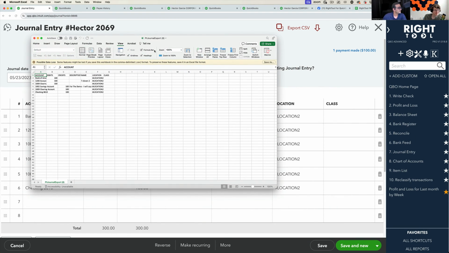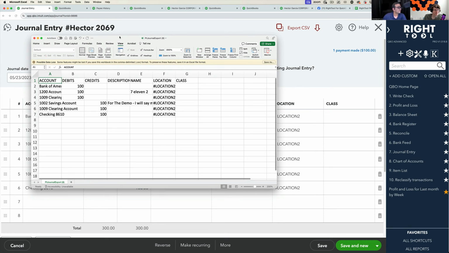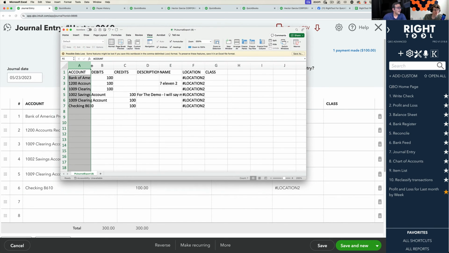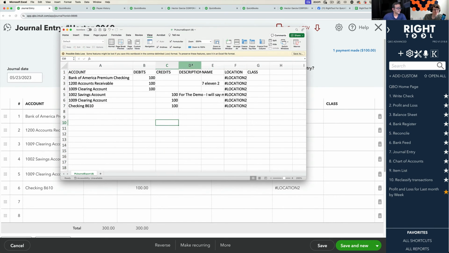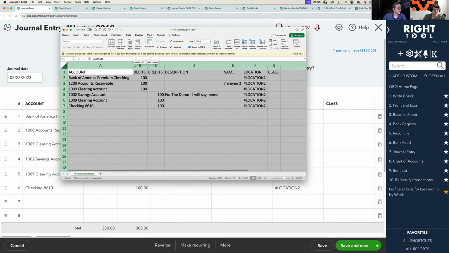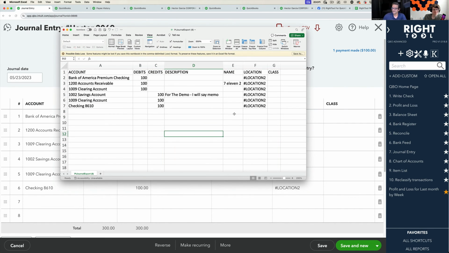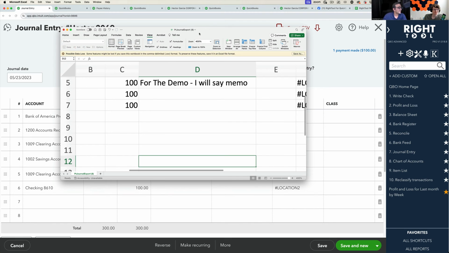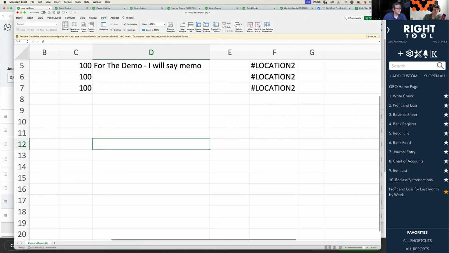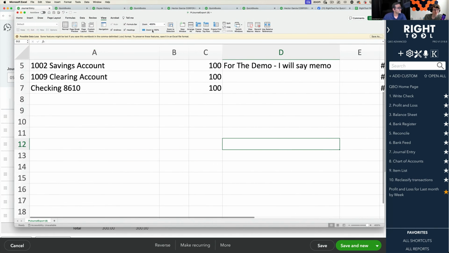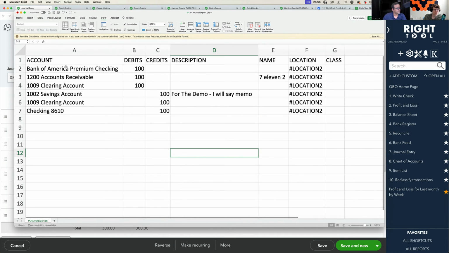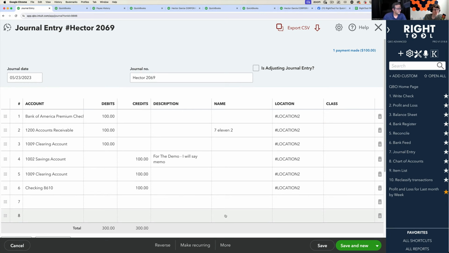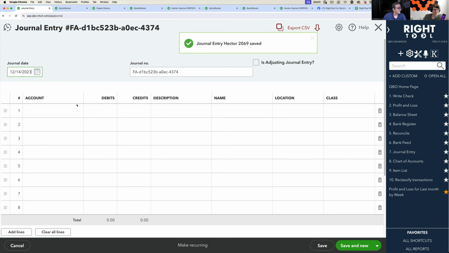And the reasons how or why people would have a journal entry in Excel are very unique. Everybody has their own facts or circumstances that drove them to have a journal entry in Excel rather than some other fashion. And so assuming that my journal entry is in Excel, I want to get all this information into QuickBooks Online. So I'm going to go here, save a new one, and assuming I have a